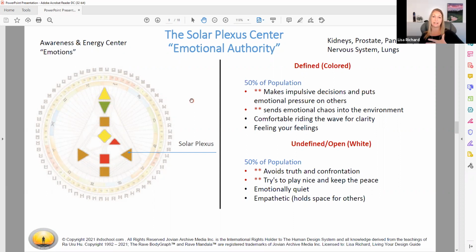Do I want to accept that invitation? Do I feel like I'm stable enough to accept it? For generators and manifesting generators, they're waiting to respond. They're checking in to see that emotional level. Manifestors are waiting to inform others based on how they're feeling, based on whether they have the energy to do something or not to do something. So you're really feeling your feelings.